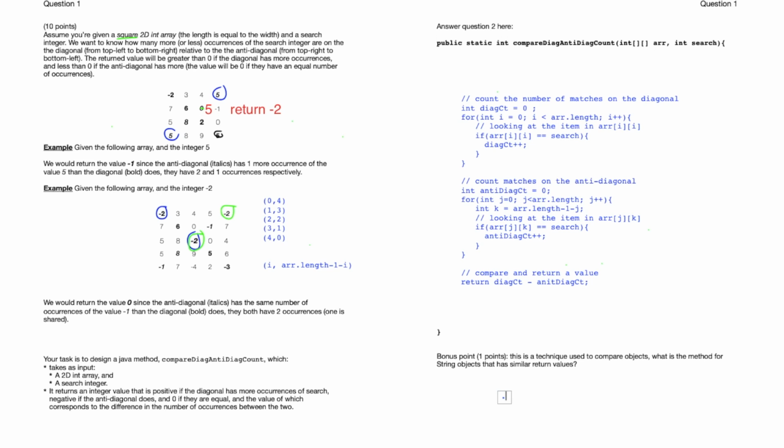Well, it's similar to compareTo, right? So string.compareTo some other string returns a negative value if the original string comes first, returns a positive value if the original string comes after, right? And that's exactly it. So be on the lookout for the next question in a separate video, and I will